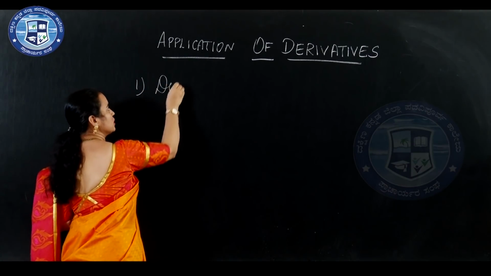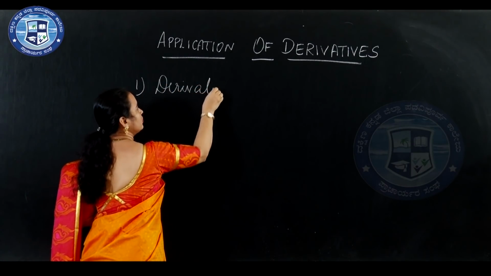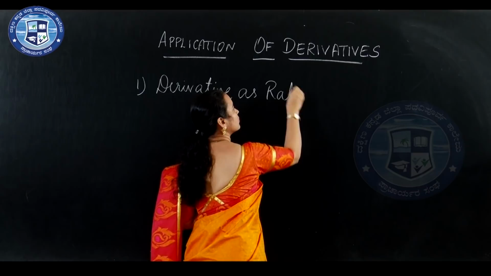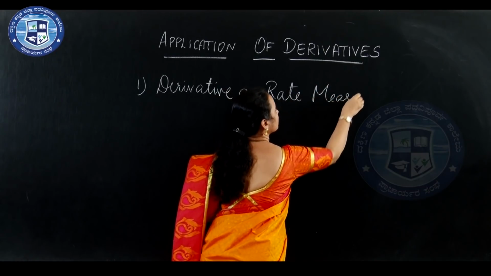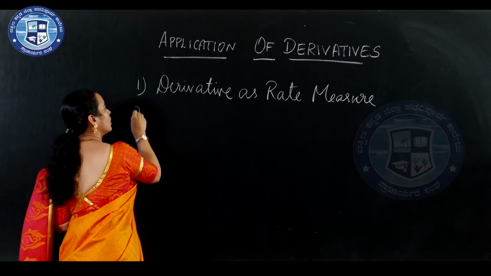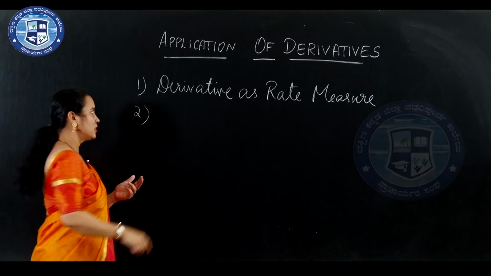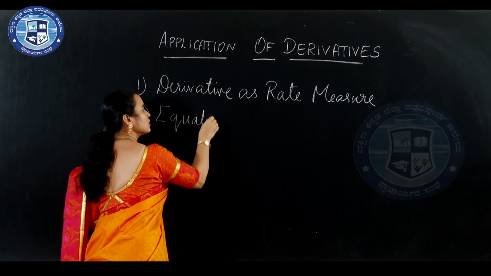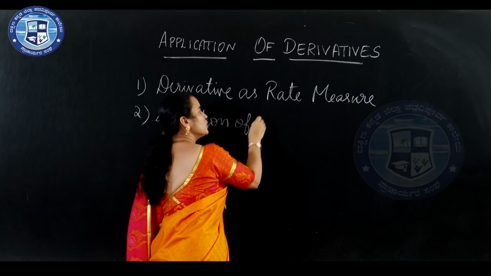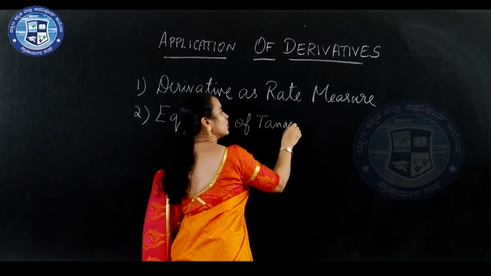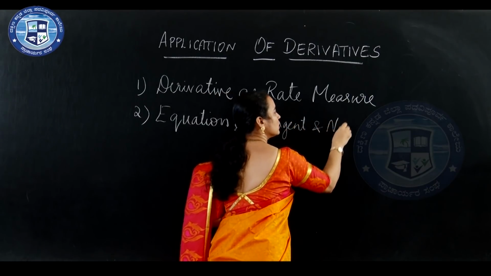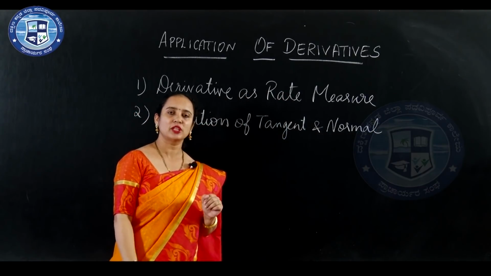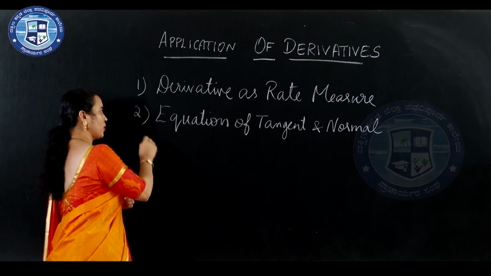derivative as a rate measure, to find equation of tangent and normal, to find equation of tangent and normal to a curve at a point,